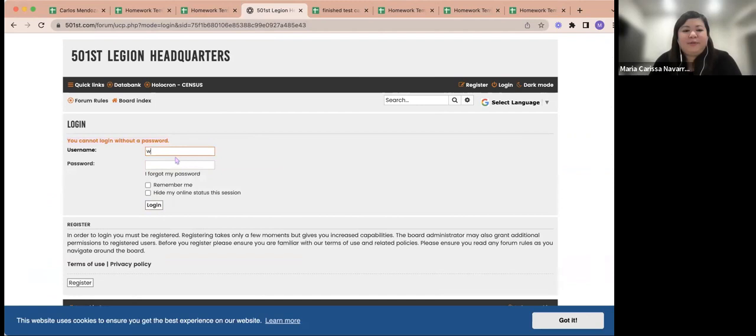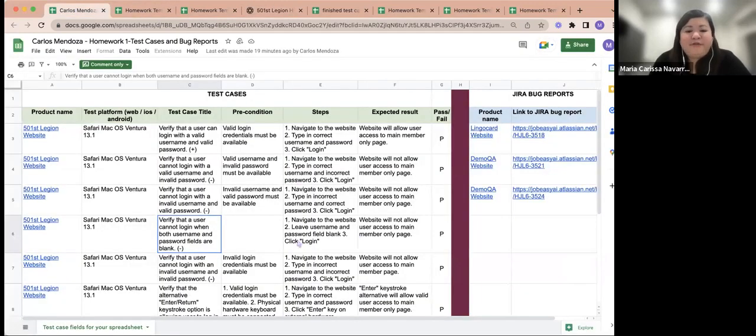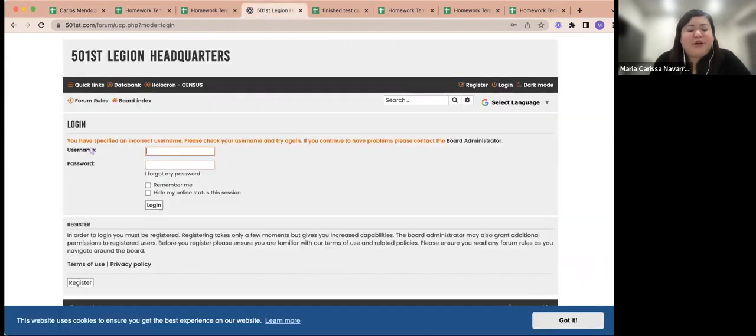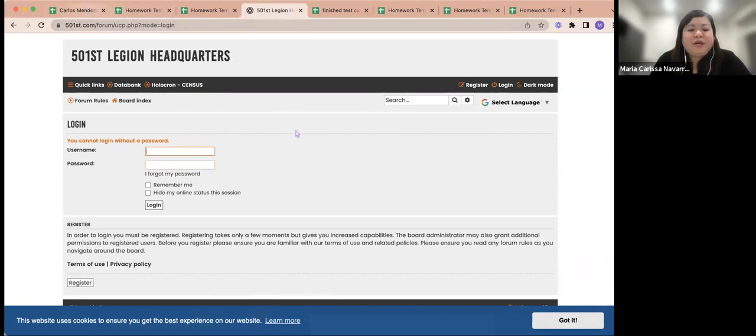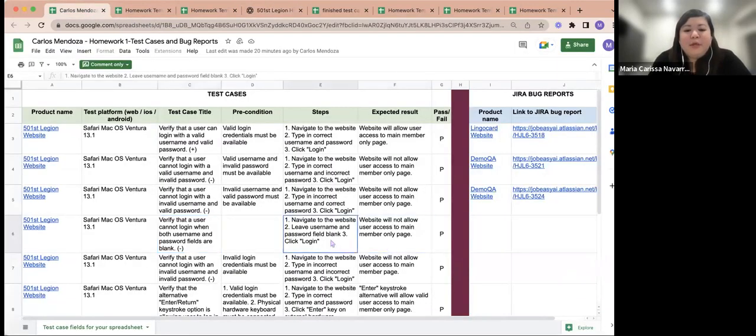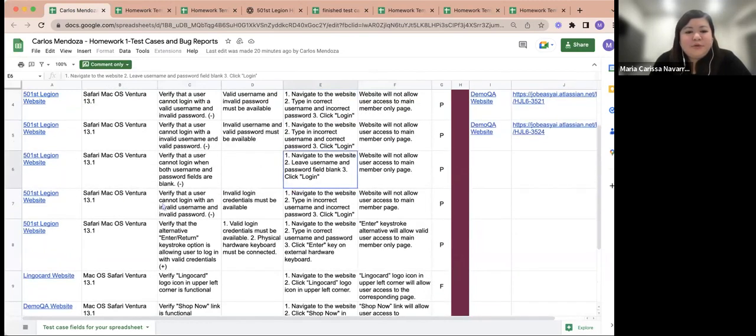But if I enter an invalid username and invalid password, okay, it's a different error message: you have specified an incorrect username, please check your username and try again. So yes, it's a different error message. But if you just enter a blank username and password, then you cannot log in without a password. Okay, perfect. So let's go to your